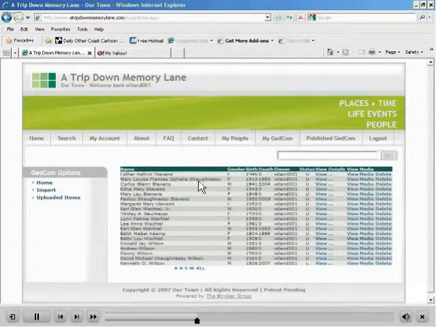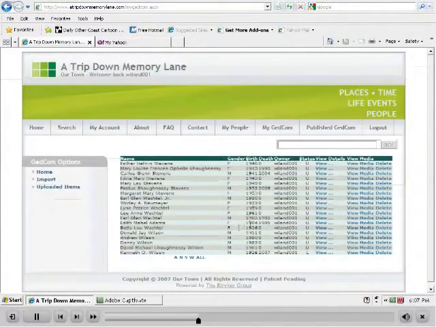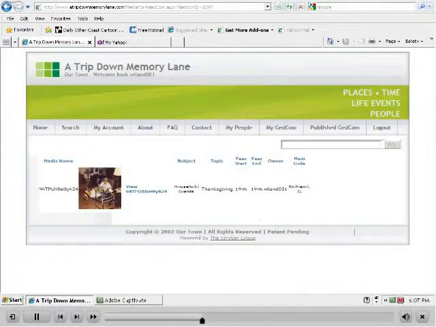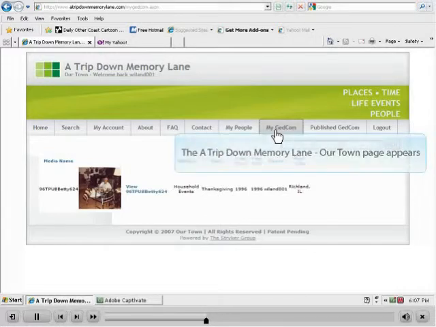And now this View Media will bring up a thumbnail under the MyGedcom for Andrew of that assigned person in that media. Now you will notice that in the MyGedcom list, under the status,